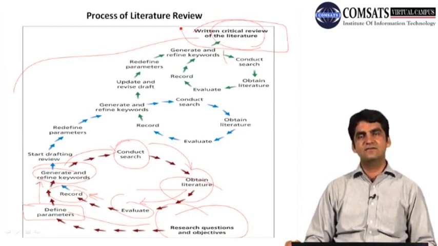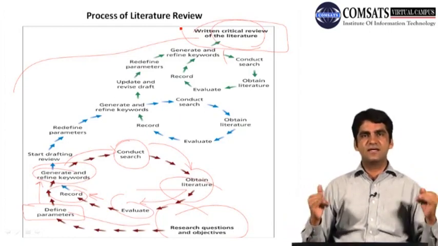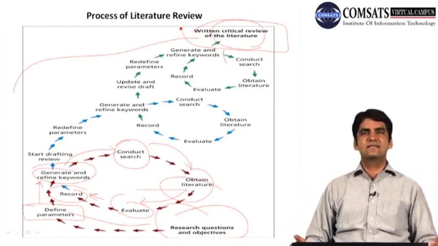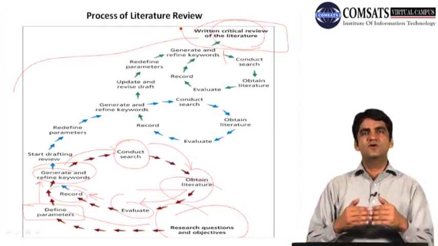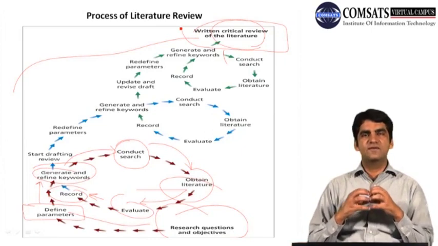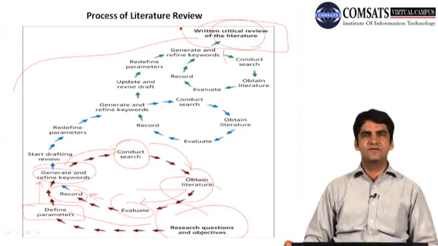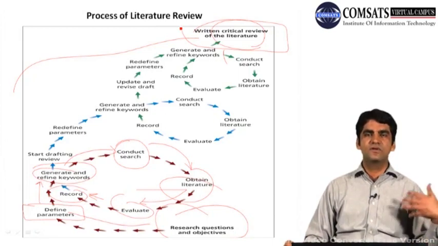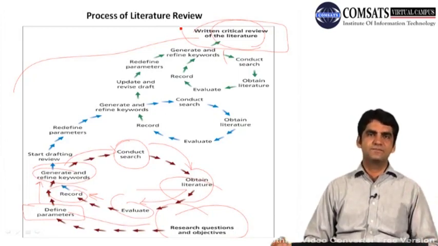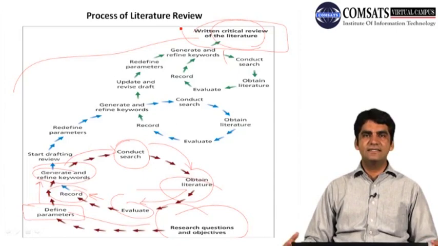We call it critical literature review because we try to cover as much as possible of existing literature on the related topic of research, and we try to evaluate the literature in a critical framework. Rather than just summarizing, we also present a critique of the existing literature, and this is how it helps us understand what has already been done, where the criticism lies, where we can have some suggestions, and how we can innovate or contribute to the ongoing debate on that particular topic.